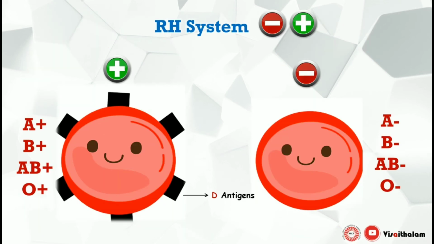So after the completion of the ABO system, we have to go on with the RH system, that is the Rh system. The RH system will define whether the blood group belongs to the positive or negative type. Apart from A and B antigen, one more special protein called D antigen can be present in the RBC. If such D antigen is present in the RBC, then it falls under the category positive. And if no D antigen is available, then it falls under the category negative.